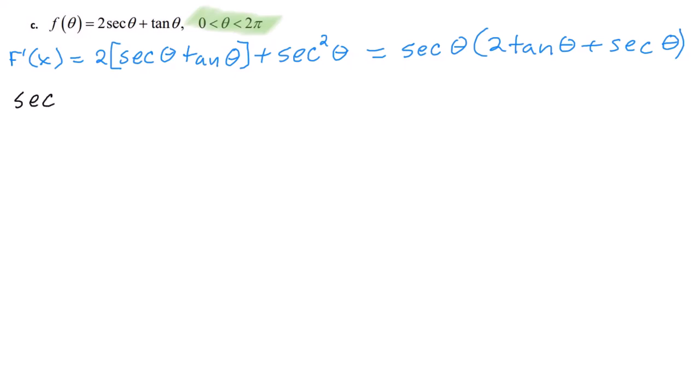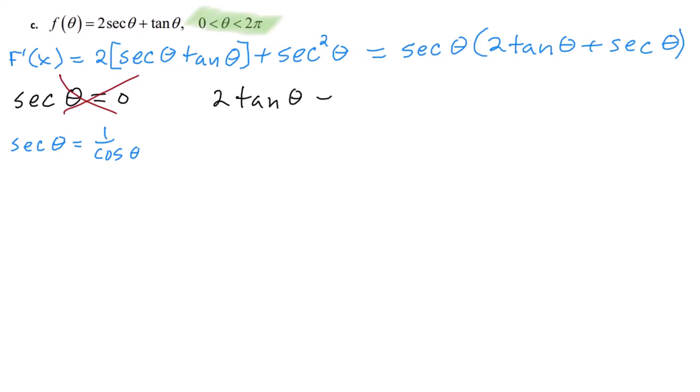So I set secant theta to 0, and now I'm having to think a little bit. Secant is equal to 1 over cosine theta. Where would 1 over cosine theta ever be 0? Cosine goes from -1 to +1. No matter what value of cosine I put there, that numerator is never going to be 0. So that means this one is not going to be a possible critical number. So I go to the second one,